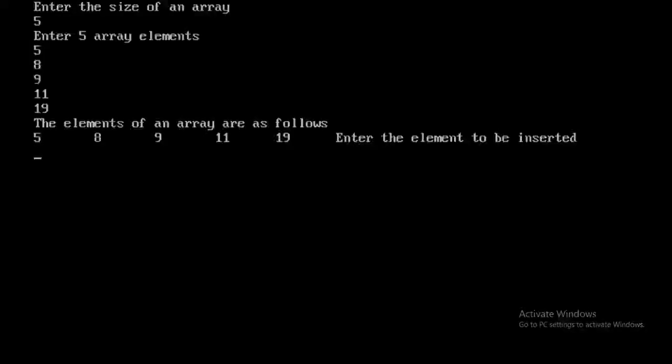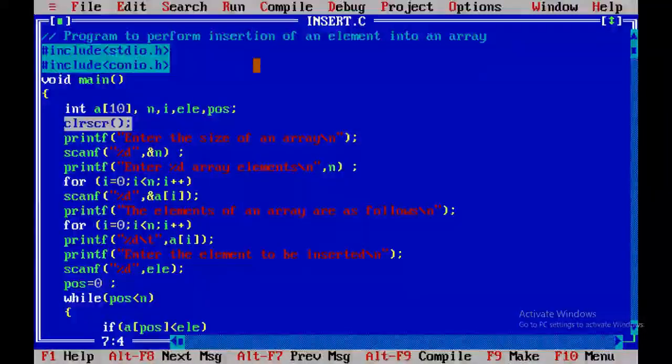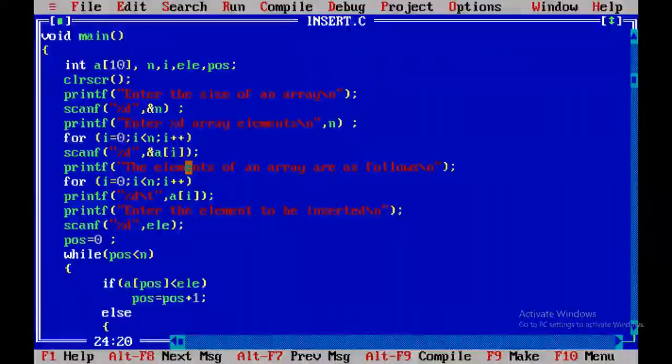Okay, now I'll enter the element to be inserted. Actually, this statement should come down. I'll make a change. Okay, so I wanted to insert the element 10 into this array. Let us see. Actually, after performing the insertion operation, I have not printed the elements of the list.